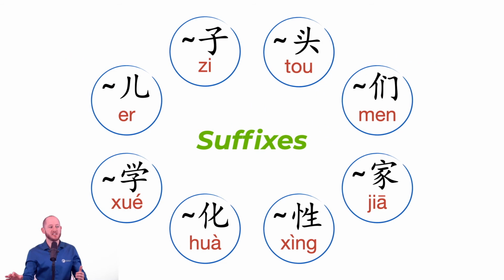What about suffixes? Well, suffixes are more than we can cover. All of them are more than we can cover in one video, because other than the 4 on top, which are kind of special cases, the suffixes, there are just loads of them in Chinese, and they're very useful. We'll cover the 4 on the bottom to give you an idea, a little sampling of what many suffixes can be like. But for now, let's go over the 4 on the top, and then just remember that there are many more examples that you'll find in Chinese and in the description below this lesson.